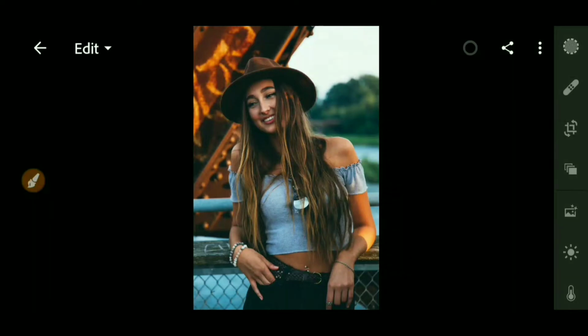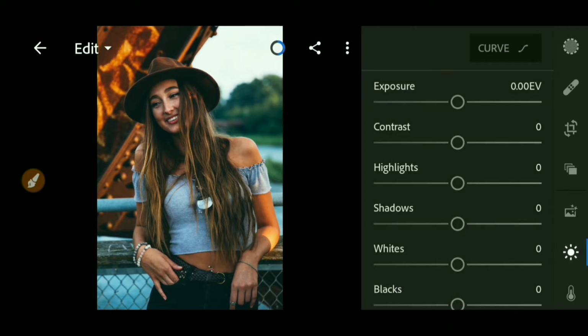So guys, I am going to take this photo for editing. You can choose your favorite photos. So first of all, press light, and I don't need to increase the exposure because it looks pretty much lighter. So take the contrast to 22